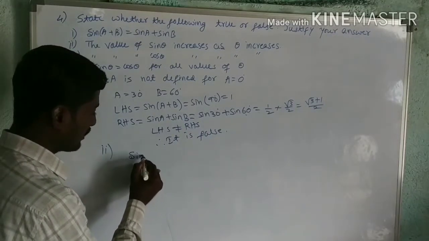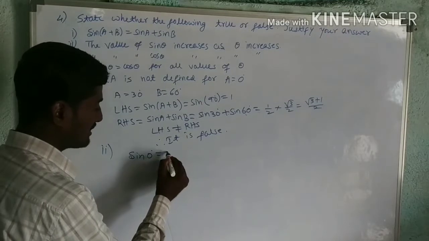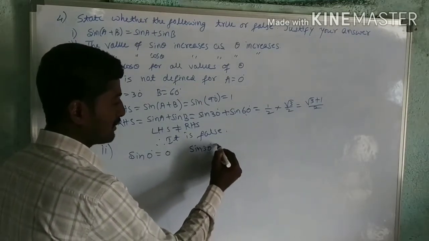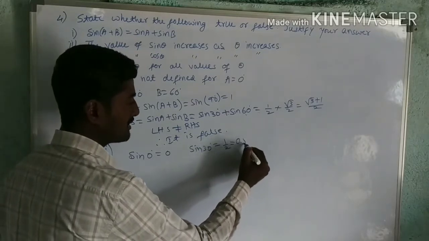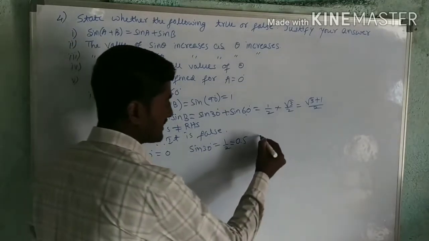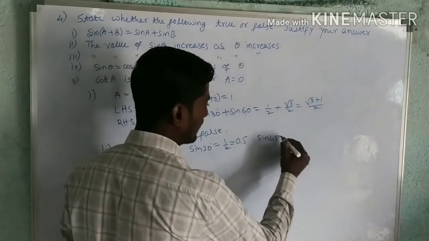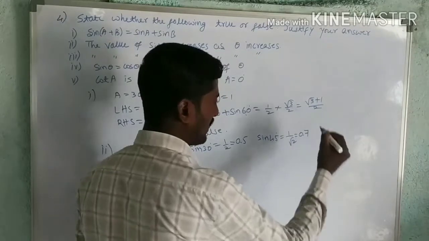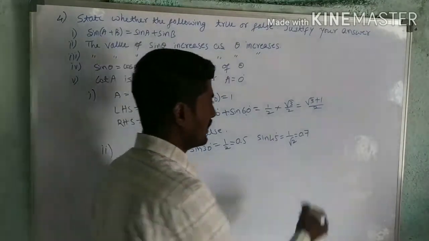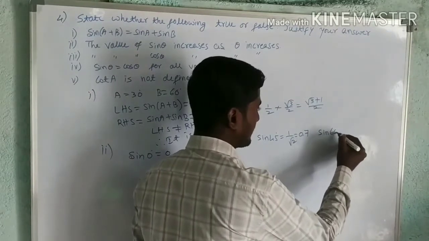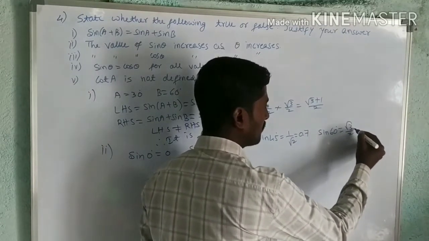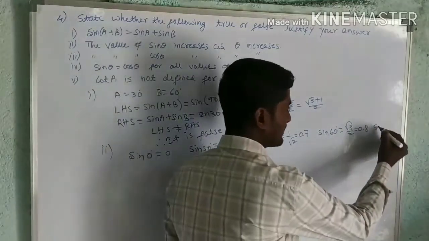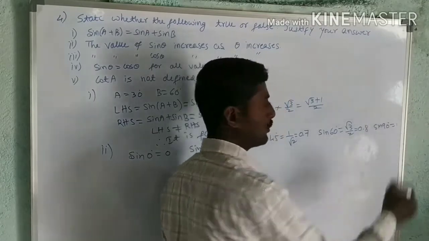Now sin 0 degrees. So sin 0 degrees is how much? 0. Then standard angle 30 degrees, that is sin 30 degrees, so that is 1 by 2. In decimal I can write it as 0.5. Then sin 45 degrees, that is 1 divided by root 2. Approximately I will write this as 0.7. Then sin 60 degrees means root 3 divided by 2. Approximately I will write it as 0.8. And another one, sin 90 degrees, value is 1.